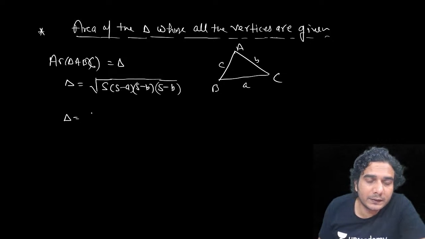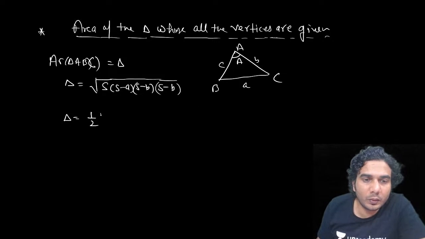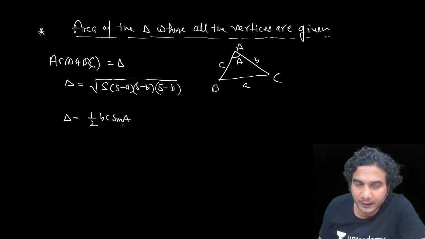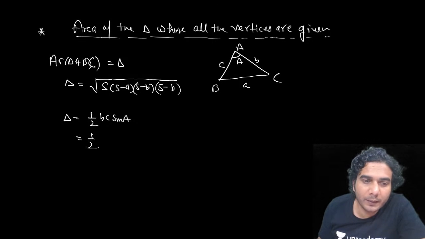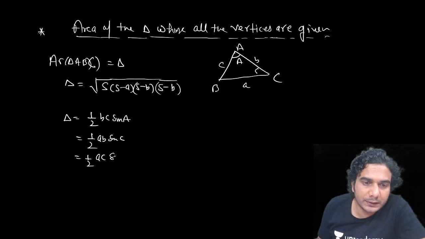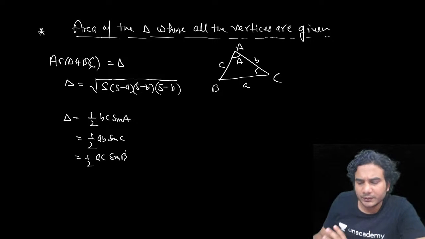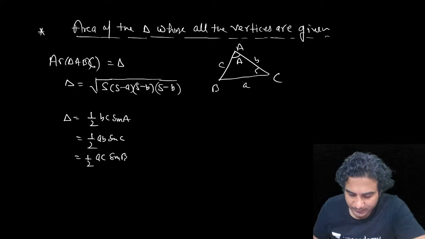And then another formula is 1 by 2 bc sine A, if this angle is A. If you know two sides and the included angle, you can apply this formula. Or you can write 1 by 2 ab sine C, right? If you use a and b, then the angle is going to be C. Or you can use 1 by 2 ac sine B. All right. So if any two sides are